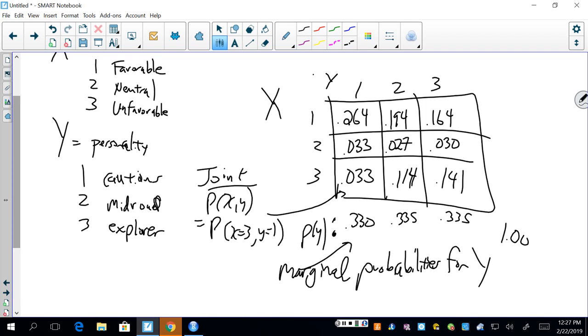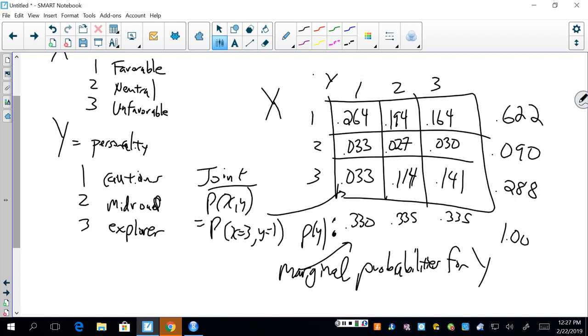Right? And you can do the same thing for the x and get the marginal probabilities over there. These add up to kind of a big number, 62% or so. This one's 9%, and this one is 288, so about 30%. So maybe this is a thing where people classify themselves in terms of their opinion about cars, but maybe the